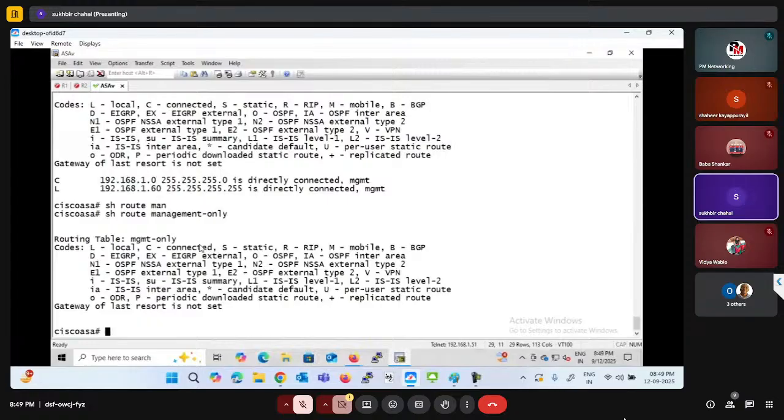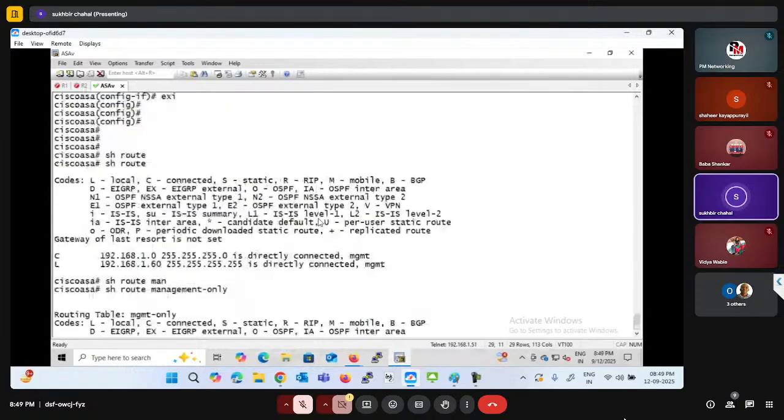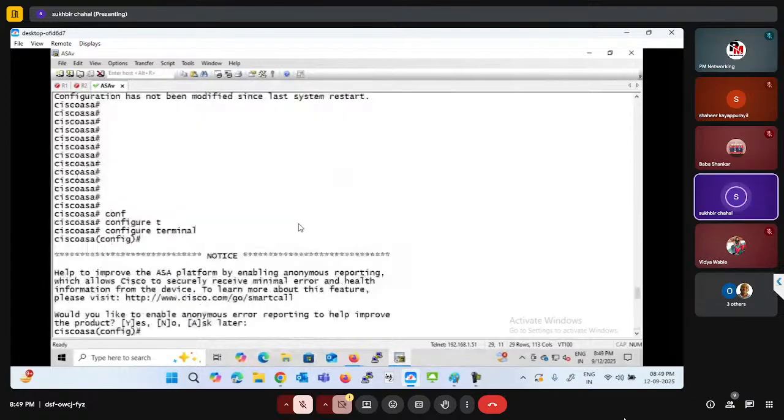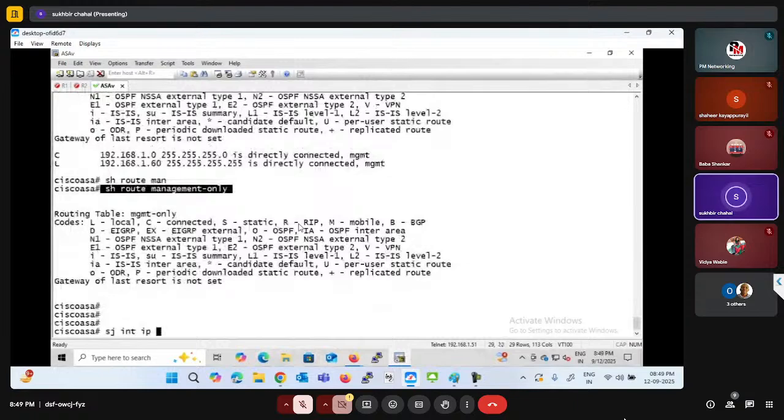Okay. But maybe because of the virtual, this is showing here directly in the normal routing table, but the management network is never visible in the normal routing table. They must be part of the management-only. Okay. So if you try to check show interface ip brief,